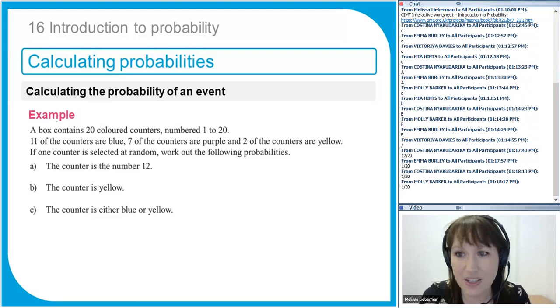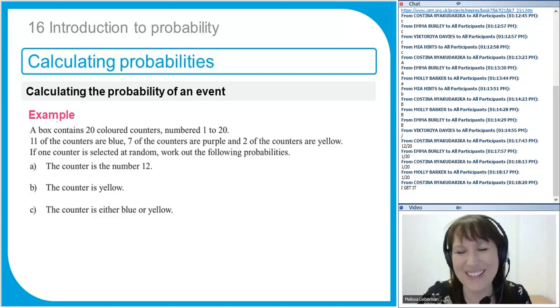Does that make sense, Christine? I know you're probably just typing it quickly. I know you get it, but it's useful when people get things wrong because then we can avoid common errors. So don't be misled by the fact that it's a number 12. Any of the numbers, if you're just picking one of them, will be 1 out of 20.